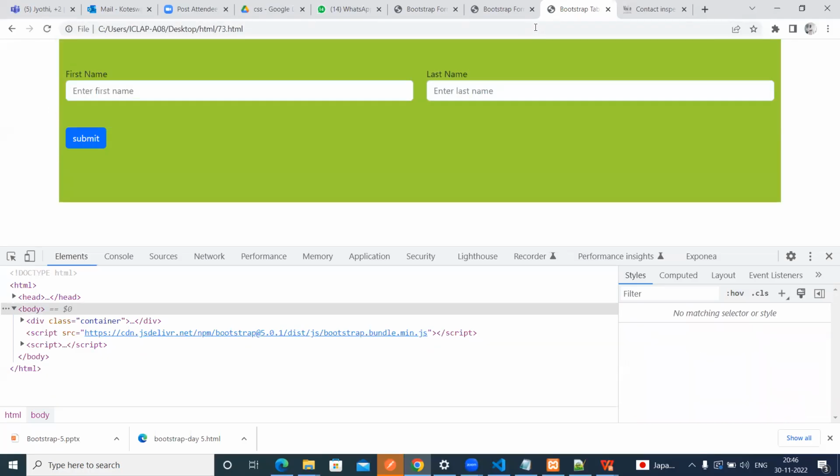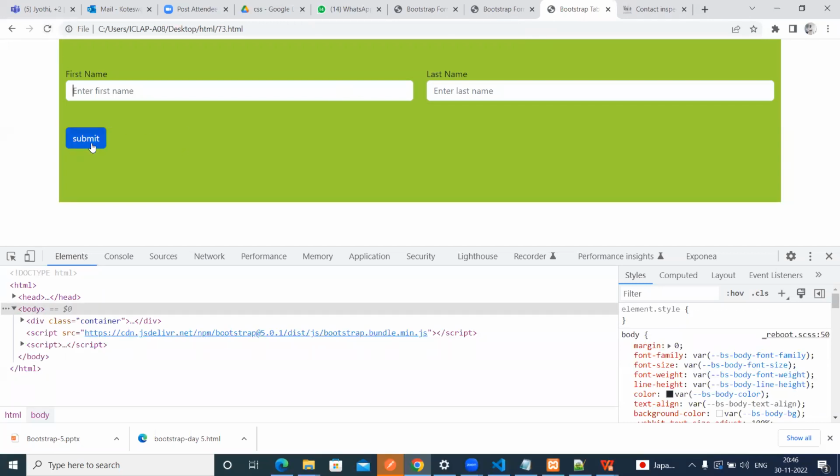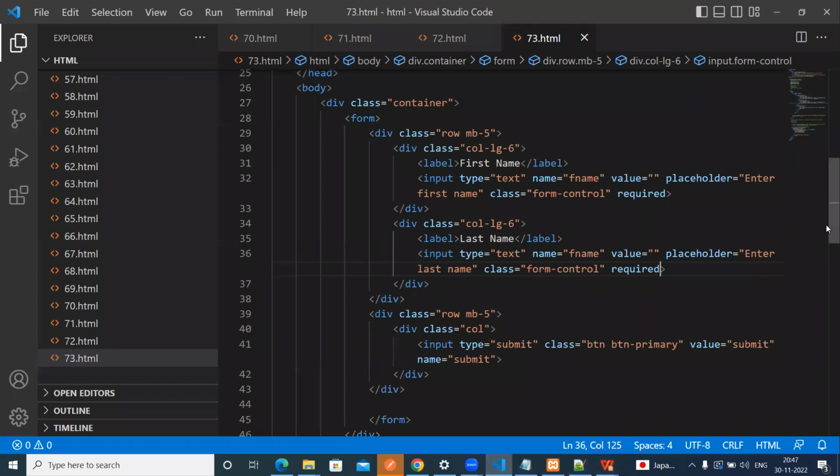73.html. So you can see it is not allowing to submit this one. This one looks a little bit different. If you want to add your own validation, the same thing here: please fill out this field. But suppose after filling this one, for this one also it is saying the same thing, please fill out this field. So to remove that and add our own validation, we have to give the